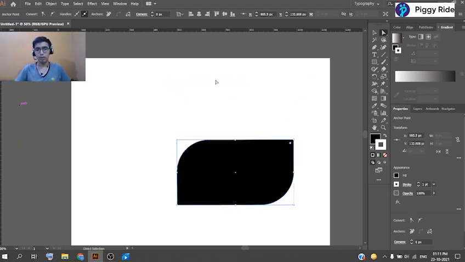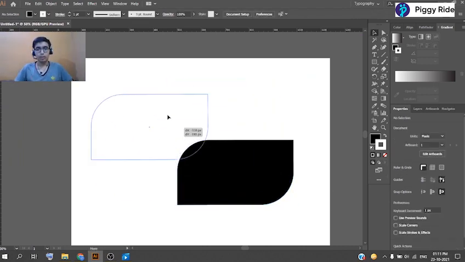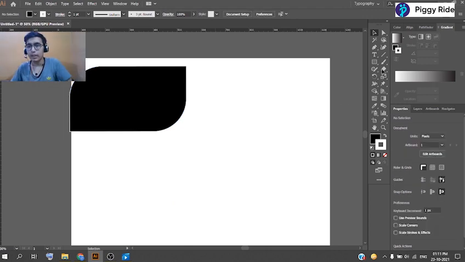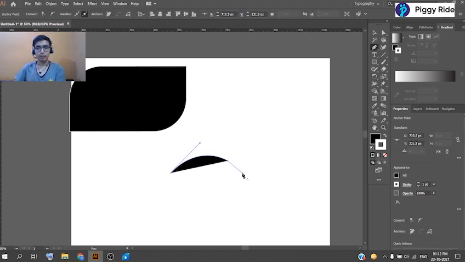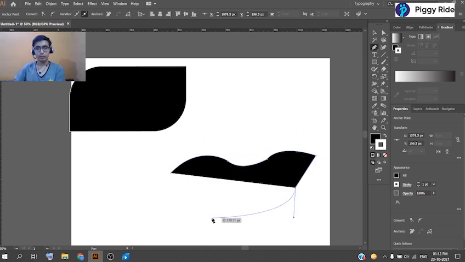We will just undo all these things and go to the next tool, that is the pen tool. The pen tool, as the name suggests, is like a pen, like we just grab a pen and write something. So the pen tool is also like that. We can enable our pen tool from here, and then we can create anything just by clicking with the mouse button. We can create anything with the pen tool.